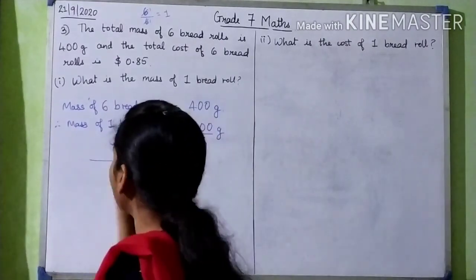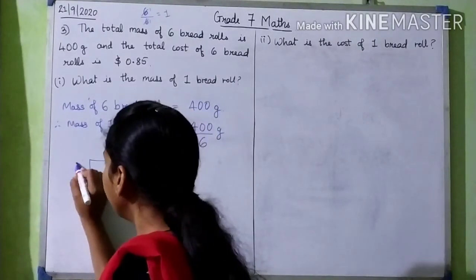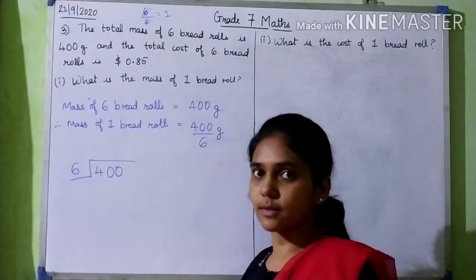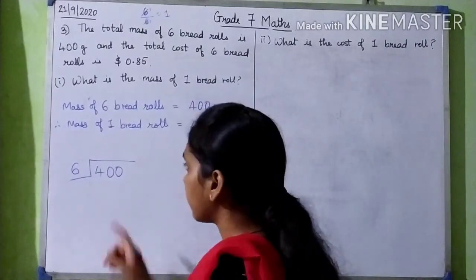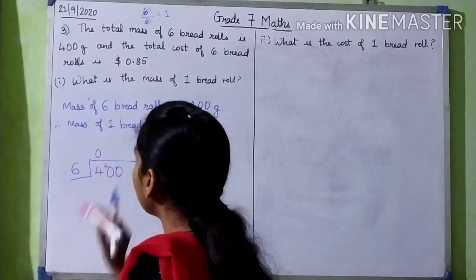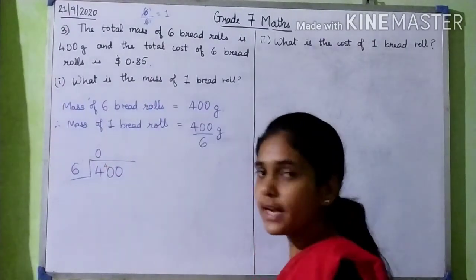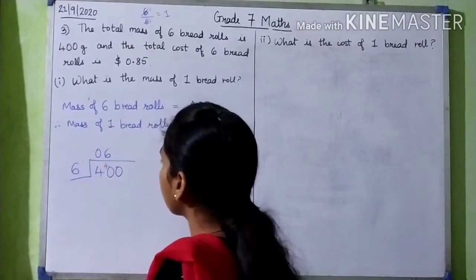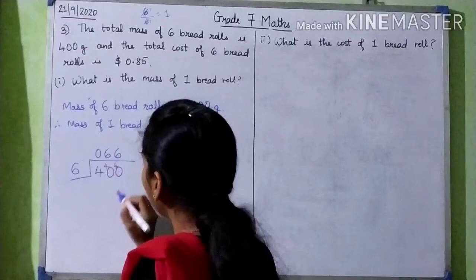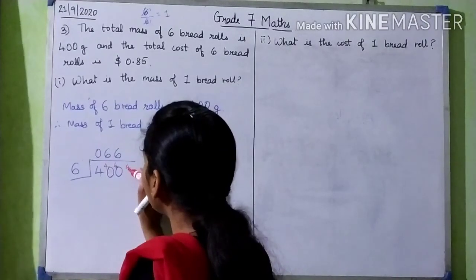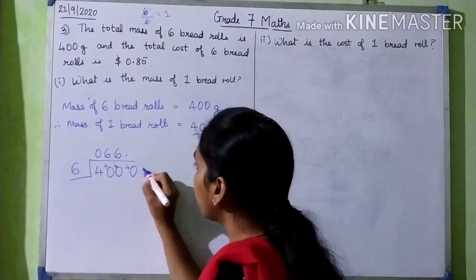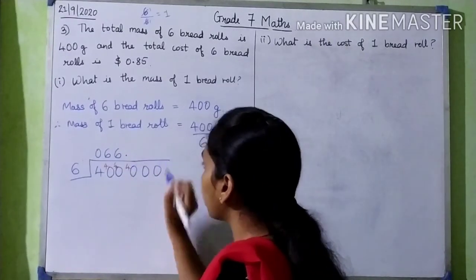So let's divide 400 by 6. And this also we have to count up to 2 decimal places. So let's start. 4 is lesser than 6, so 0. Then this becomes 40. Then 6 6 are 36, right? So 6 6 are 36. Again 4 remains. Then again 6 6 are 36. Again 4 will be remaining. And now the numbers are over. So I put a point and I take 3 zeros because I want 3 digits after the decimal point.